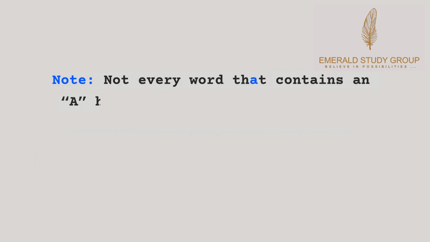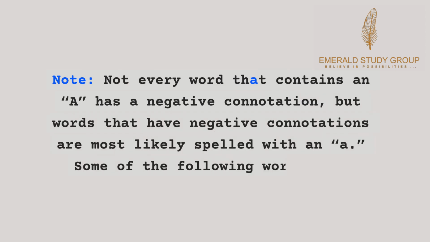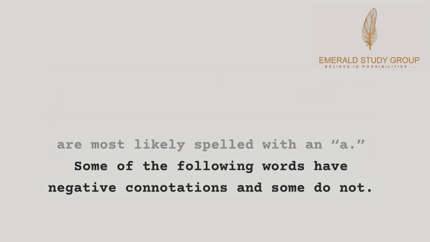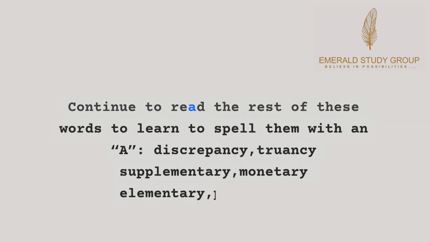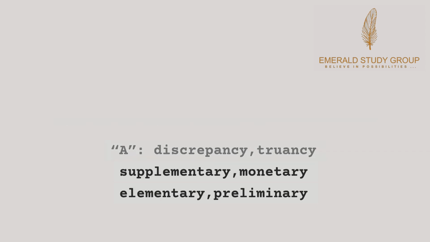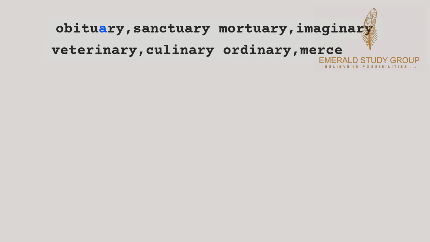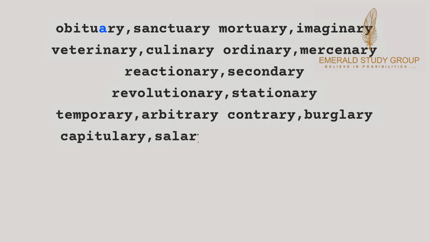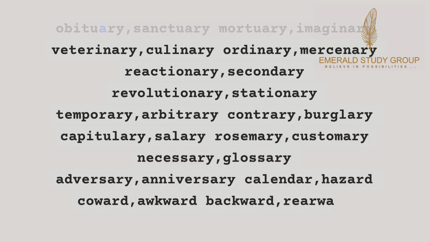Note: not every word that contains an A has a negative connotation, but words that have negative connotations are most likely spelled with an A. Some of the following words have negative connotations and some do not. Continue to read the rest of these words to learn to spell them with an A: discrepancy, truancy, supplementary; monetary, elementary, preliminary; obituary, sanctuary, mortuary; imaginary, veterinary; culinary, ordinary; mercenary, reactionary; secondary, revolutionary; stationary, temporary; arbitrary, contrary; burglary, capitulary; salary,